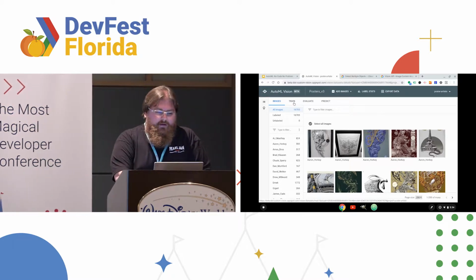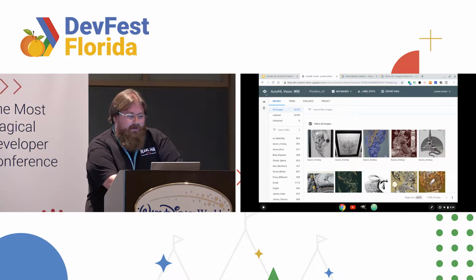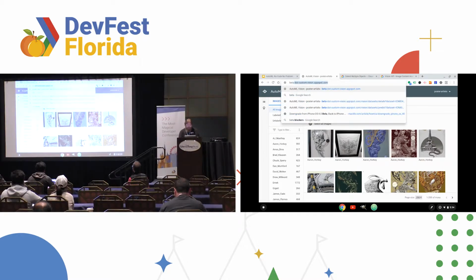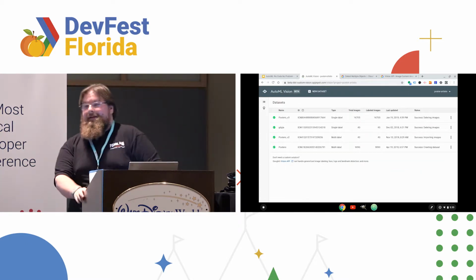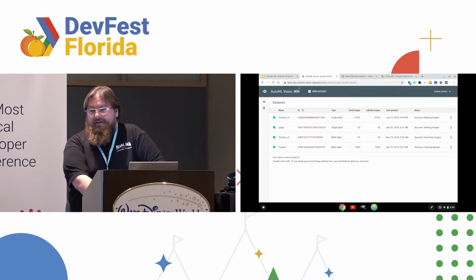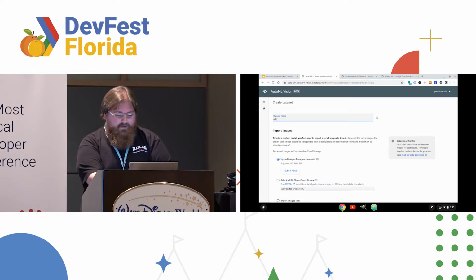So those are little tips and tricks of AutoML. To create one, go to beta-dot-custom-vision.appspot.com, which is the craziest place, I don't know why they put the product there, but that's where they did. I would just look up AutoML and you'll get there from there, other than remembering that. So we'll create a quick data set